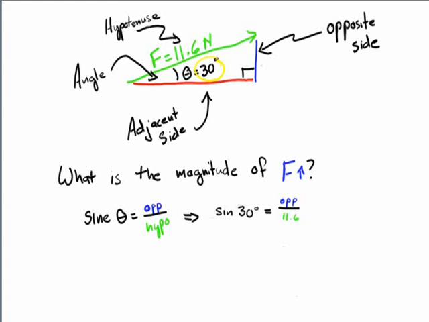The column right next to it is the sine column, if you look at the top. That whole label is called sine. The column next to that is called the cosine column. And then the label next to that is the tangent column. If you put your finger on 30, can you tell me what the sine of 30 degrees is? Can you see that it is